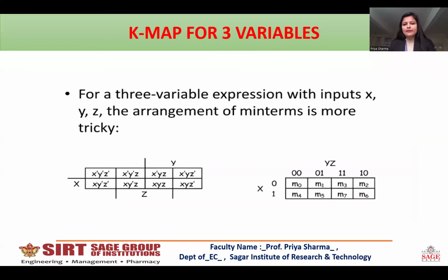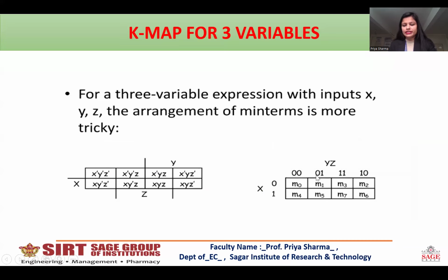For a three variable K-map, the possible combinations will be 8, lying from 0 to 7. So this is how we arrange 0 0, 0 1, 1 1, 1 0. Note here, students, that 1 1 is over here, not here, as in the K-map only one digit is allowed to change.